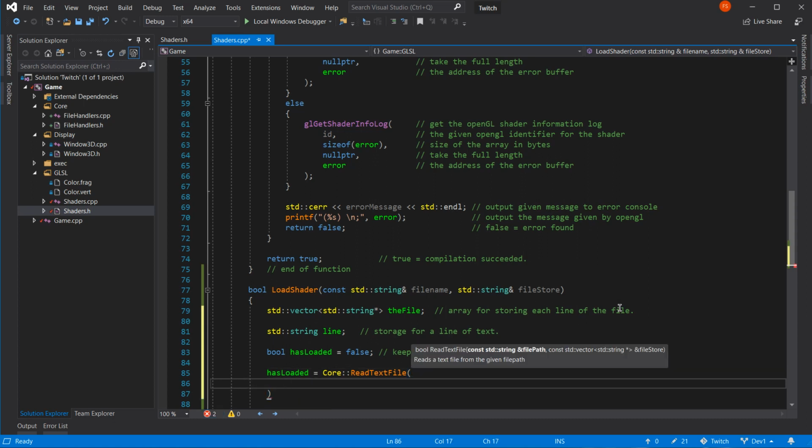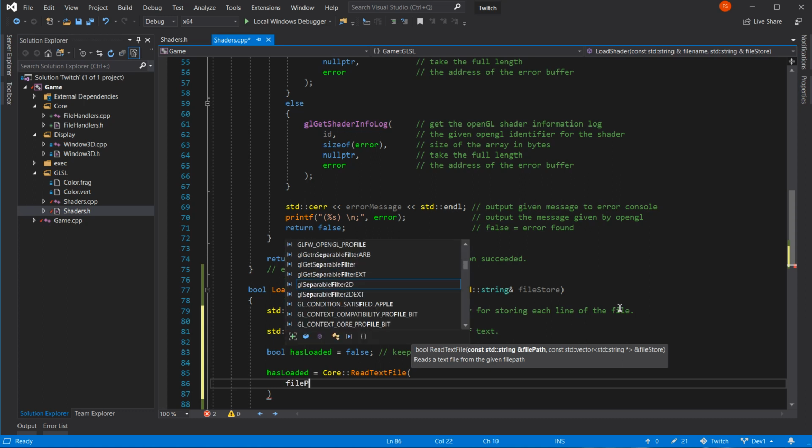And it should now tell me constant standard string file path, we don't have. I've got file name, don't have file path. So I'll need one of those. That's lucky, because we're going to make one, I think. So we'll put in file path.